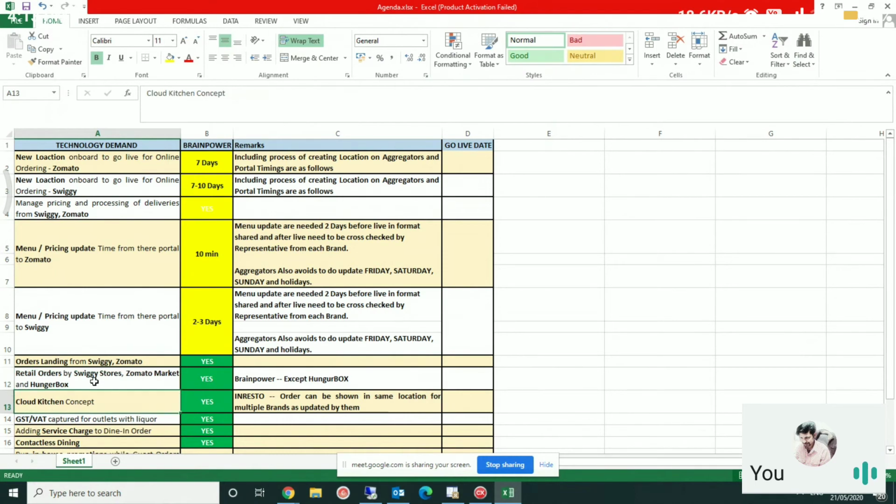So Ajay ji, are we running any cloud kitchen right now with any brand that is using retail? We are in the process of onboarding one of the restaurants which is in Mumbai and Delhi. Since retail has just started, we are already in the process of integration. All the masters and configuration are done. The menu updates for these partners, that is Swiggy Stores and Zomato Market, are similar. That process is the same. The APIs are the same.